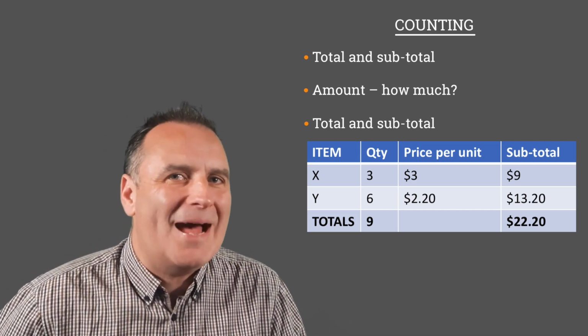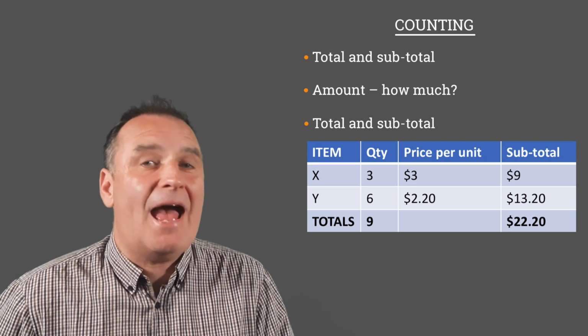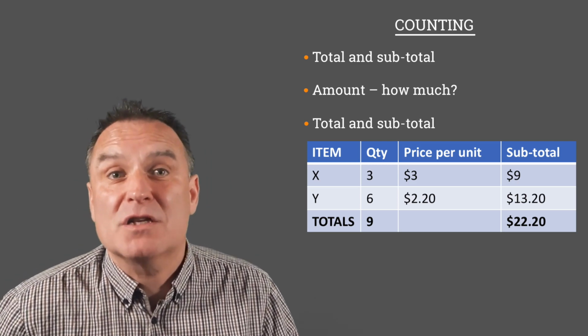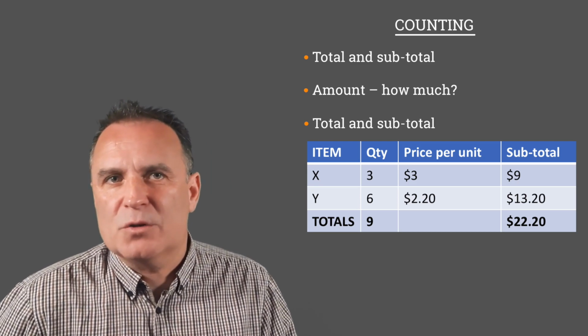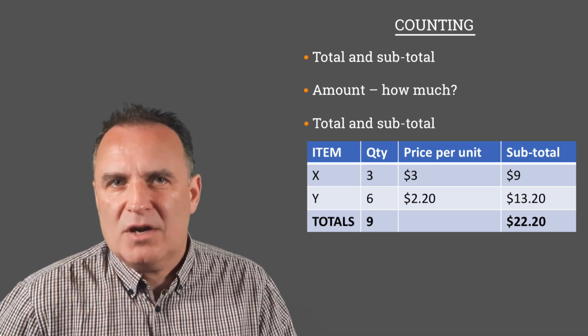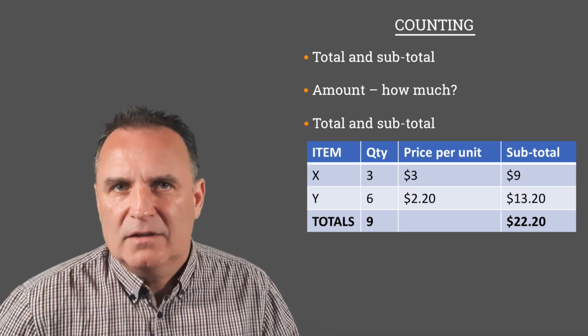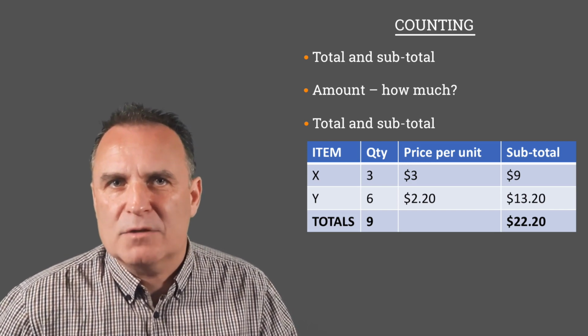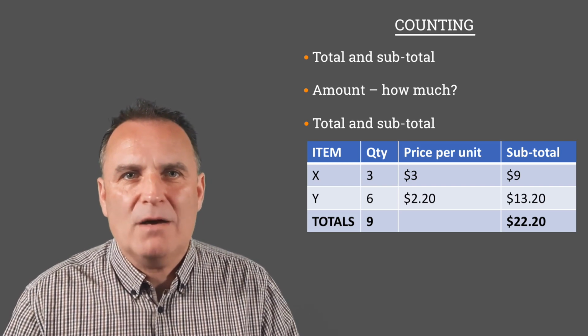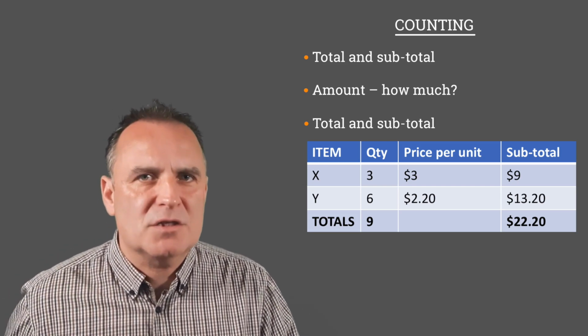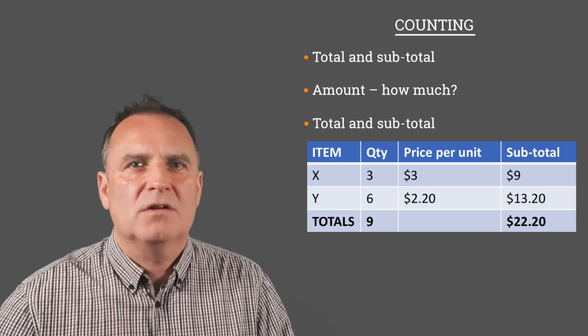Only the word amount can we use to say how much. How much does it cost? The price of something, we can't use the word quantity here. Price doesn't have a quantity. A quantity is always a countable amount of items. But with amount, we can always say, how much does it cost? Right? It costs